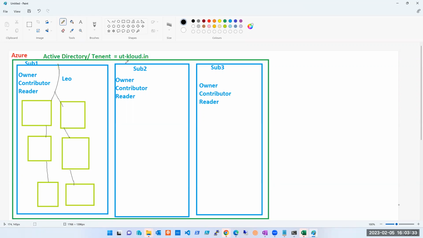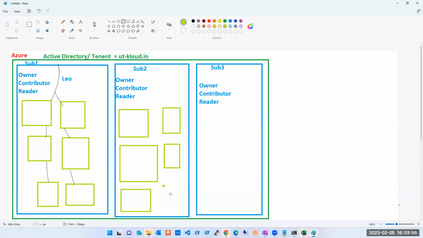So to avoid that, what do we do? Why do we have resource groups? Because I don't want to give such power to someone. So I will restrict. Leo is for this project, so let's create a resource group for this project, another resource group for some other project, and another for XYZ project, ABC project. Let's divide them completely. Now, if I have to give access to Leo, instead of giving access at the subscription level,